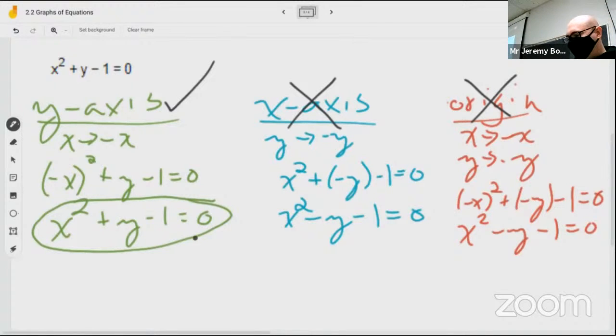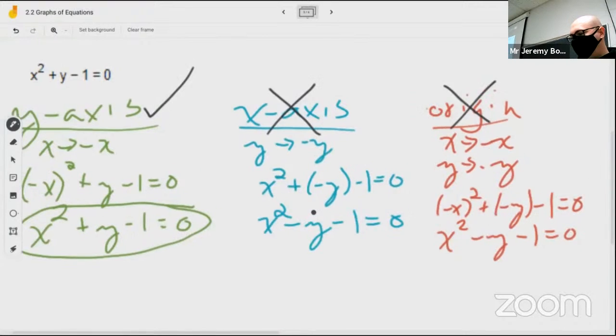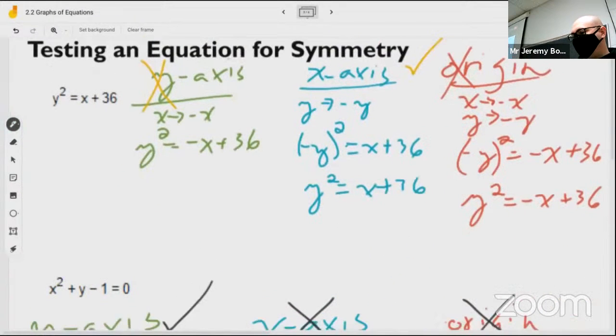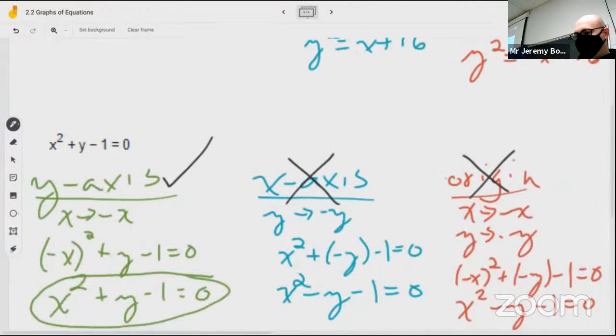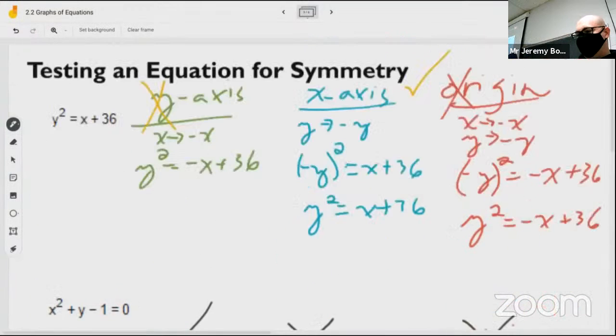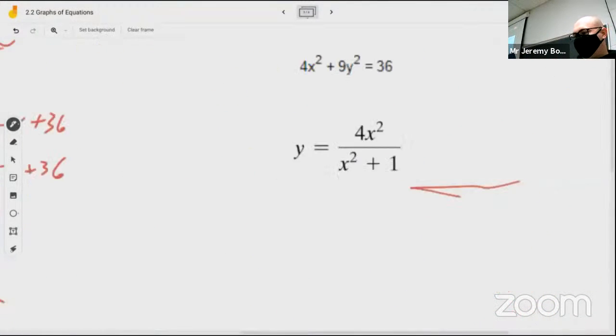Yeah, let's do the next one first. So notice the results that we got, right? No to y-axis, yes to x-axis, no to origin. Yes to y-axis, no to x-axis, no to origin. And let's